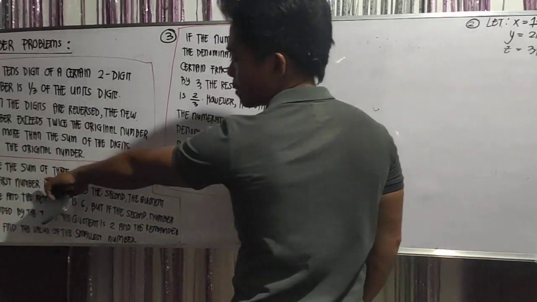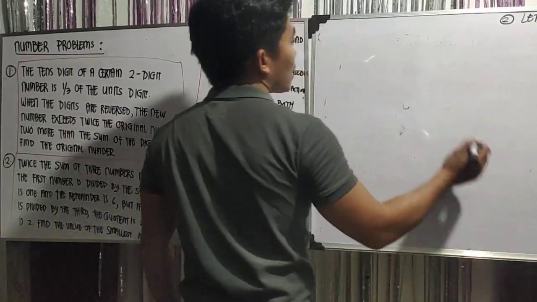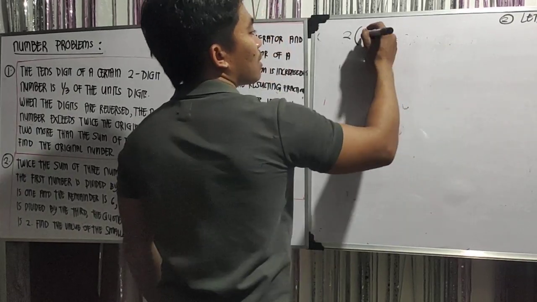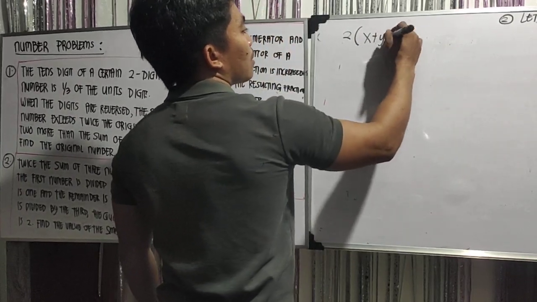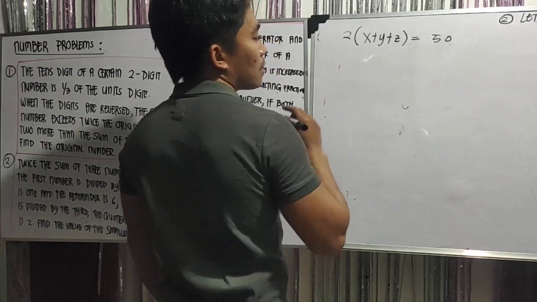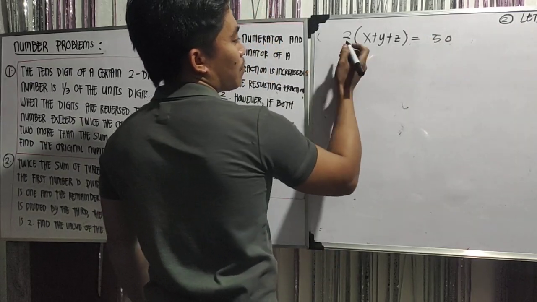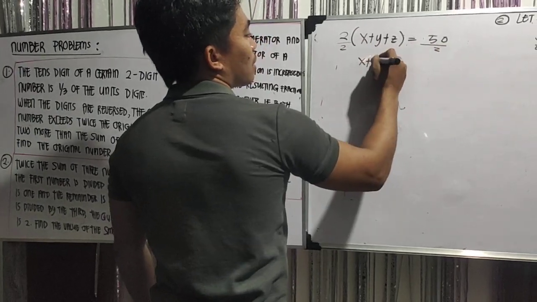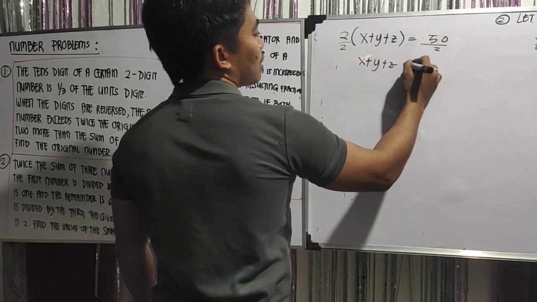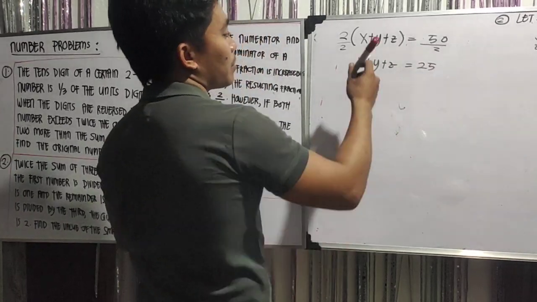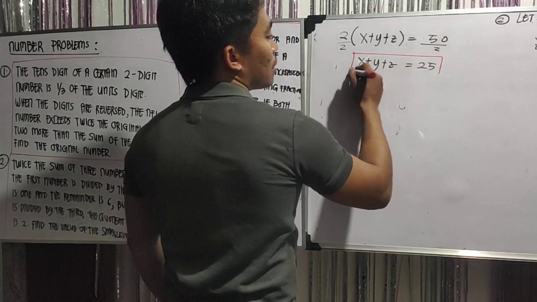Twice the sum of the 3 numbers is 50. So, kumbaga, 2 times the sum of these 3, the x plus y plus z, is equal to 50. Okay? So, we can simply divide both sides by 2, giving us x plus y plus z is simply 25. So, this will now become our equation